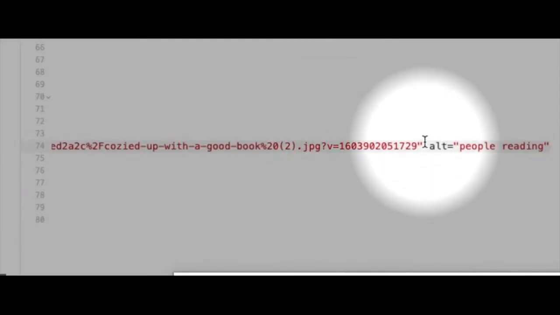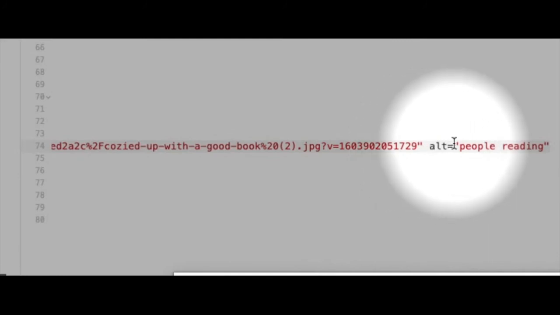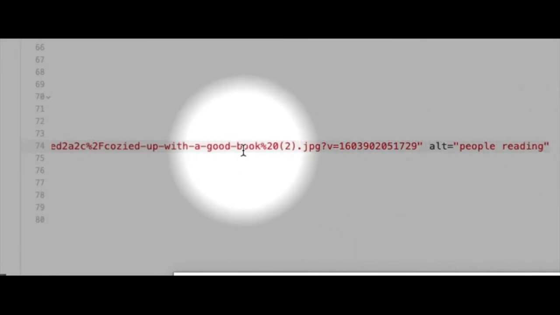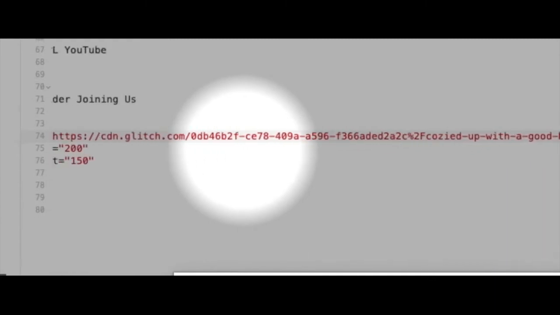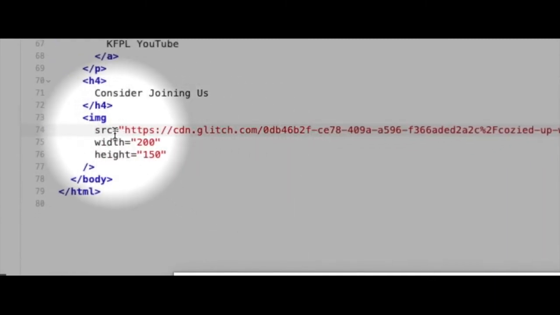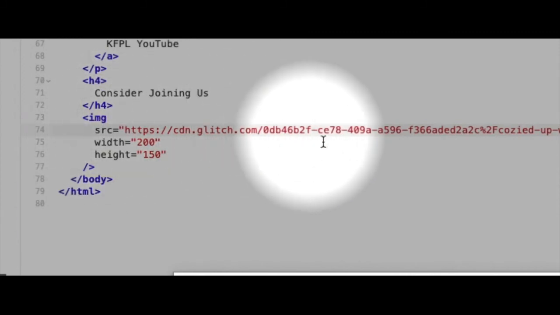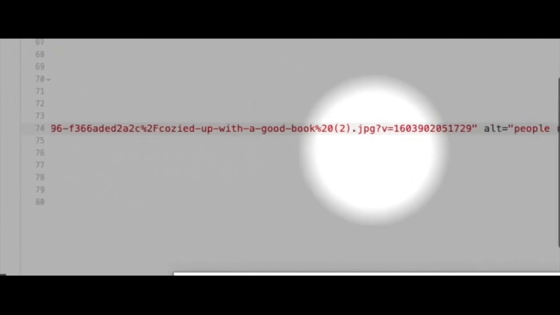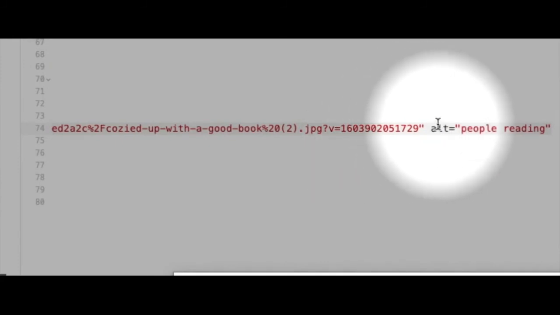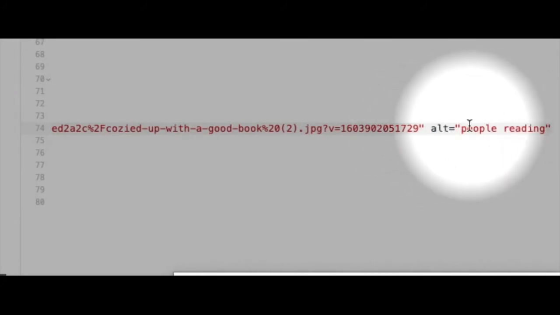There is one thing that I need to share with you before I leave you for this week, and that is after your image element, so image, SRC, you have your link. It is a requirement that following that quotation mark right here, we put an alt element. And what that is simply ALT equals, and then you call your picture something that seems appropriate.